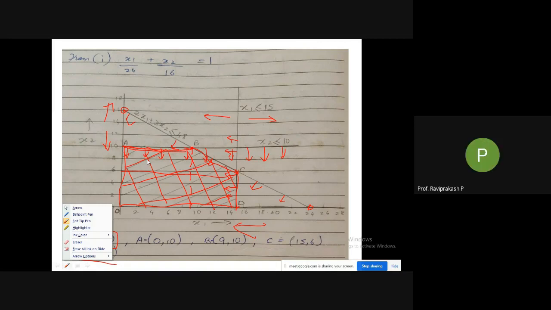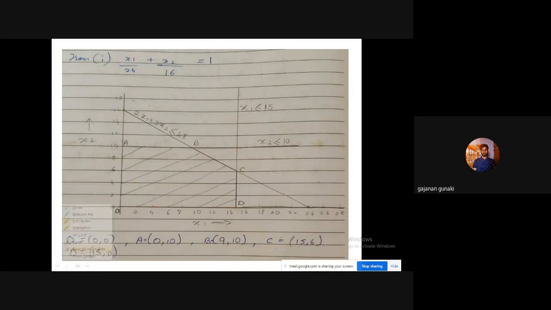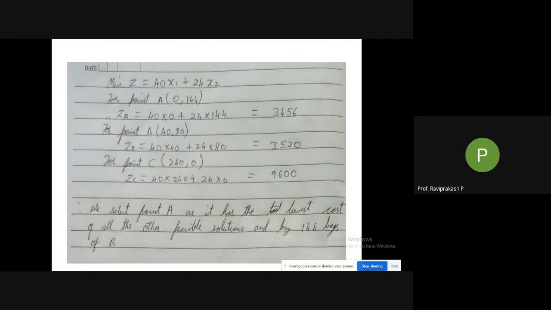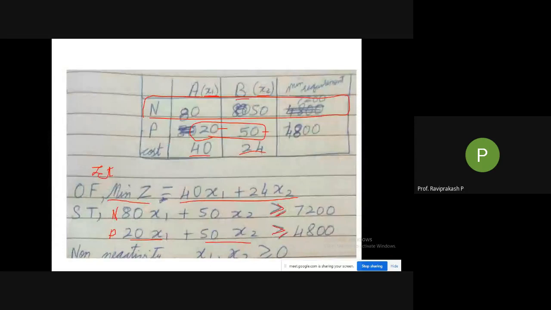I'll explain this to you sometime later because these are different constraints. These are not the same constraints. I got your point, you are asking me why can't we draw a line? Because in every equation we are finding x1 and x2 and plotting those points, and in the output they have given x1 and x2 only, so why do we need to assume that we need to take 0 here and there? I got your point. I'll explain it to you in the previous sum. Coming here, even for nitrogen we are having x1 and x2 only.